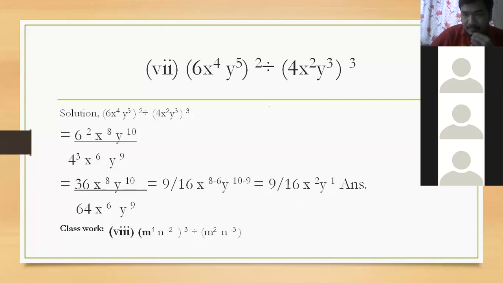Okay, children? Sir, I didn't understand. Look, first of all, remove the bracket. What answer comes for this one? First of all, I am telling again. Look here. What power of M comes as the answer? M to the power 12. Very first, M to the power 12 and N to the power minus 6. Up it will be M to the new power. Sir, show it on the slide. Okay.